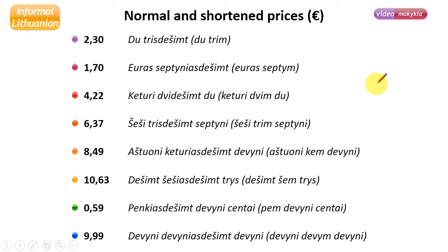So okay, my talk was a bit long, but now let's hear those numbers once again. I'll say the normal number and the shortened number just right after each other. 2:30, 2:3, euras 70, euras 7, 4:22, 4:22, 6:37, 6:37, 8:49, 8:49, 10:63, 10:3, 59 centai, 59 centai,